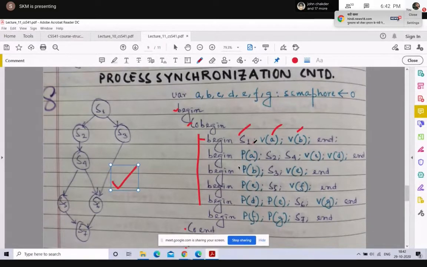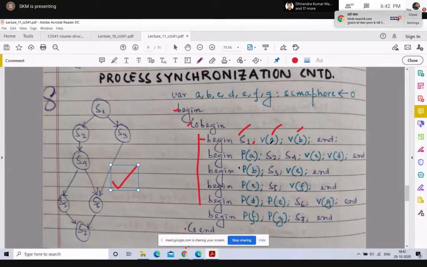Then in the second process, I have P of A followed by S2, then S4, then V of C, V of D, where again C and D are semaphore variables initialized to 0. Let's see what is happening here.